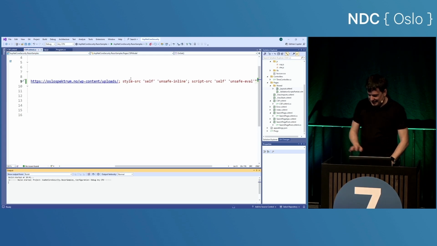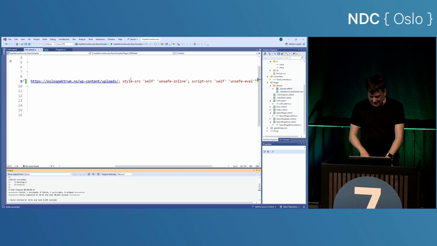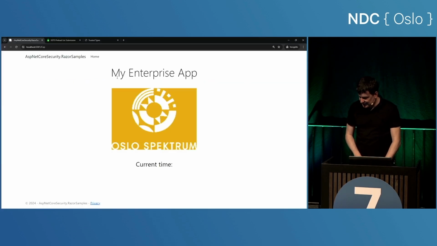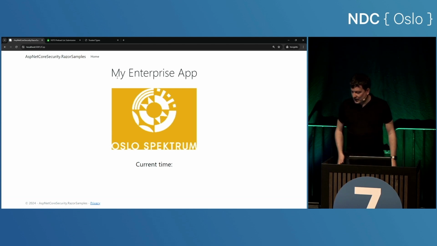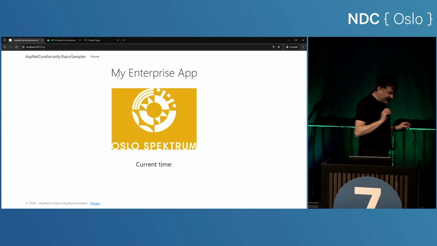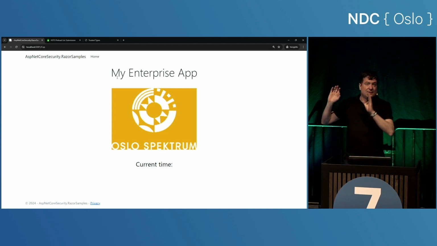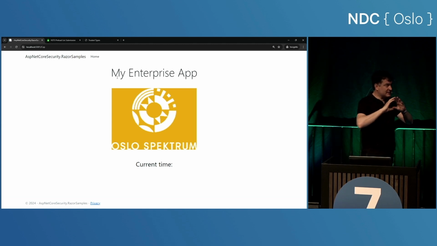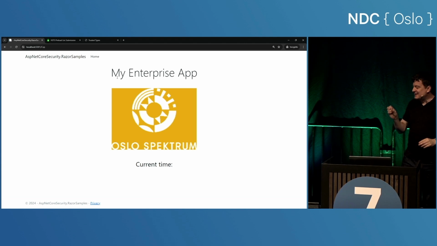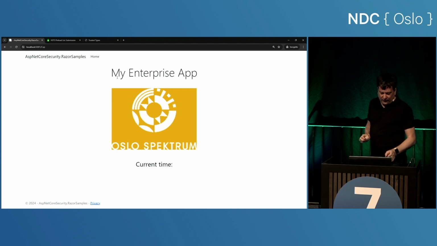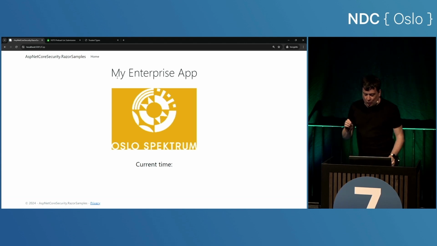Now you may wonder, can't you just refactor your code? Yeah, I might, but we'll have a look at that. So let's load it again. And now you see, okay, we still have that graphic again. The styling works, everything,